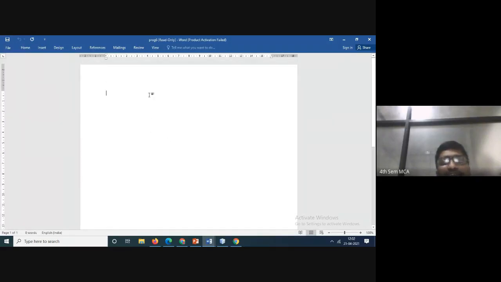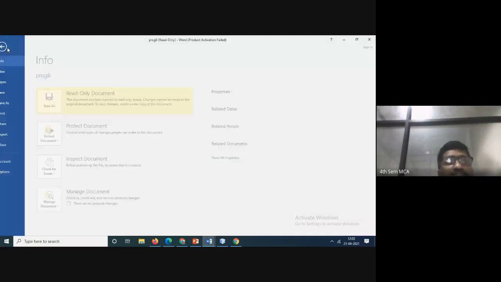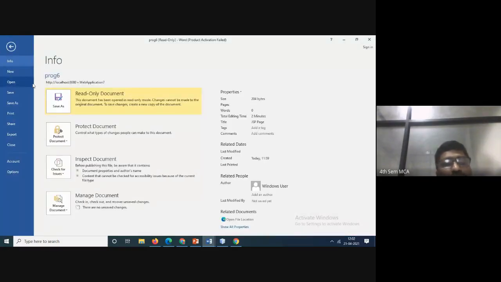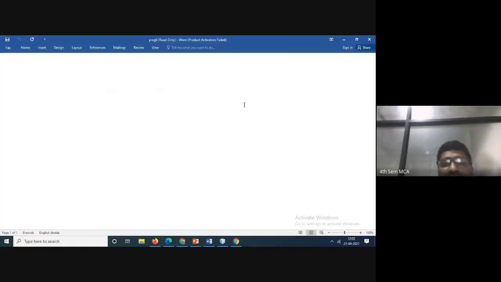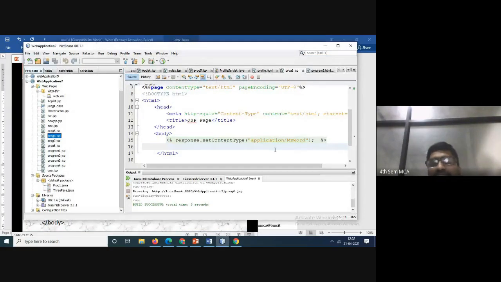See, automatically it is coming read only. You can open which one you want. Similarly, you can open for Excel sheet, PPTs, whichever you want; you can enter it. That is the set content type MS.